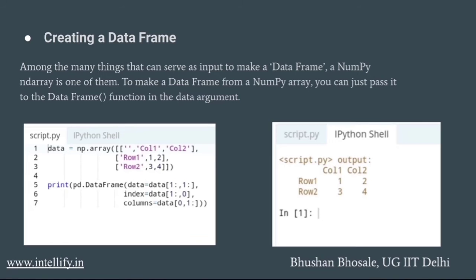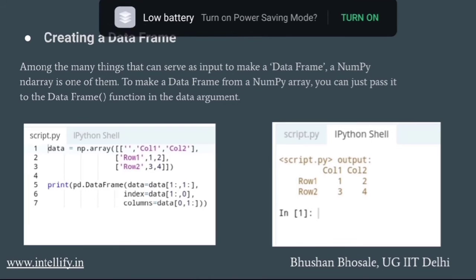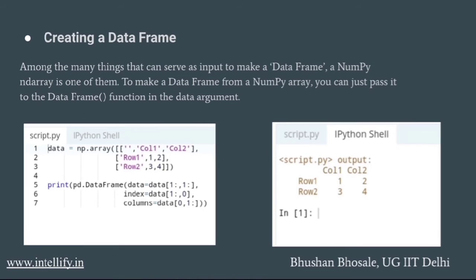Alright, now let us take a look at the first operation of a data frame, that is creating a data frame. While creating a data frame, we should keep in mind the characteristics of a data frame so that when we create a data frame, the data frame should be valid. Obviously, making your data frame is your first step in almost anything that you want to do when it comes to data munching in Python. Sometimes you will want to start from scratch, but you can also convert other data structures such as lists or numpy arrays to pandas data frames. In this section, you will only cover the latter.